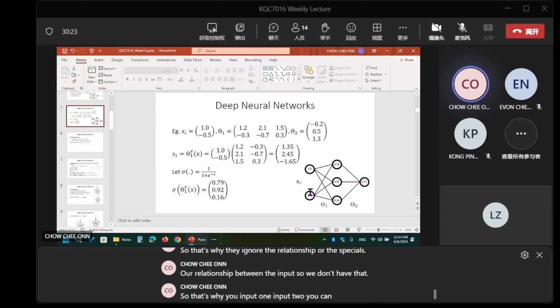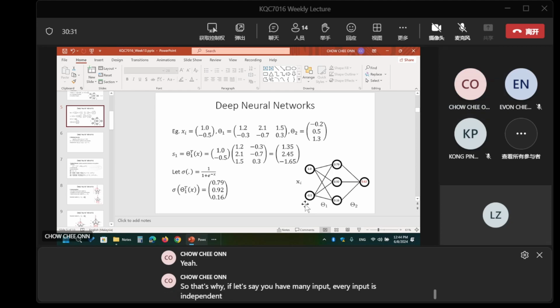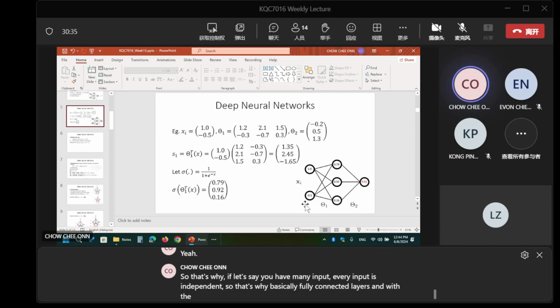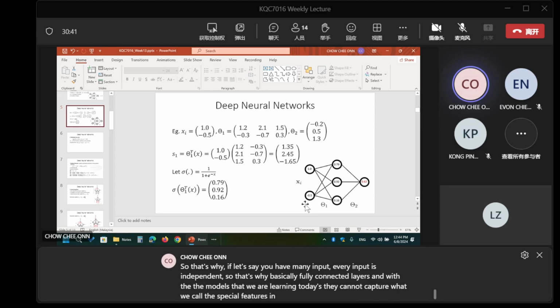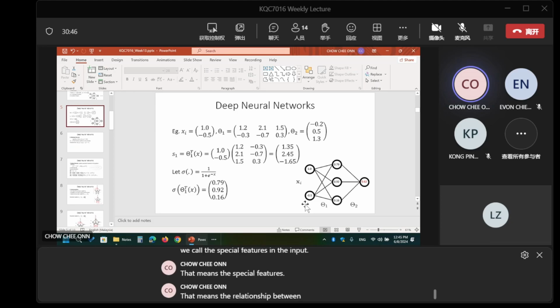You can swap the positions of input 1 and input 2, it doesn't matter. If you have many inputs, every input is independent. So basically fully connected layers, and the models that we are learning today, cannot capture what we call the spatial features in the input, that means the relationship between the inputs.